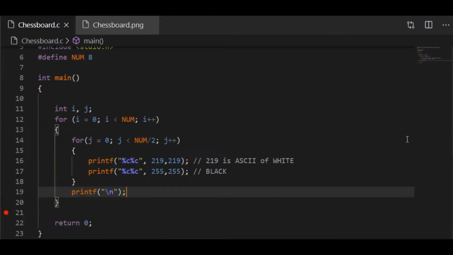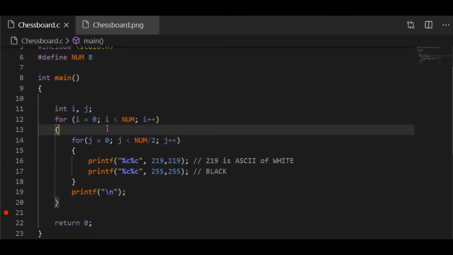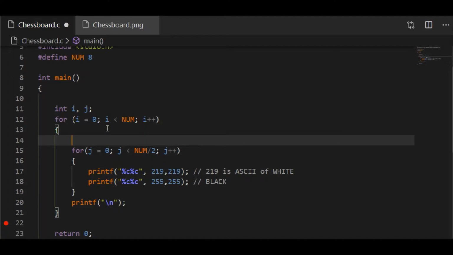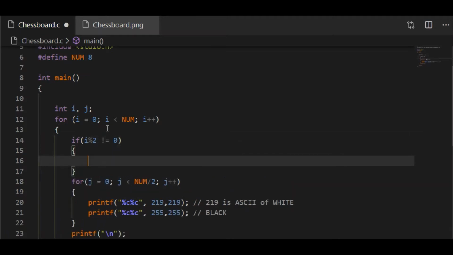To achieve that, let us go back to our code, and before starting the display of the column pattern using the j for loop, let us check if the row is odd. To check that, row modulus of 2 is not equal to 0, then it's an odd one. In that case, what I'm going to do